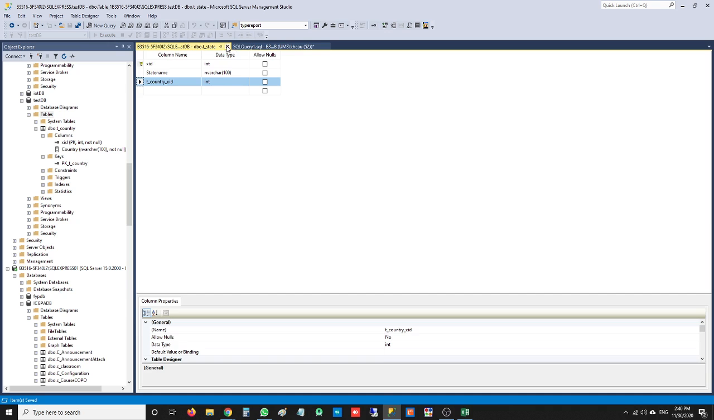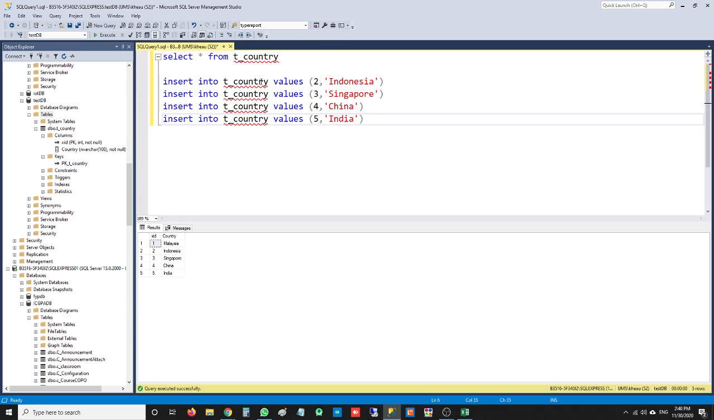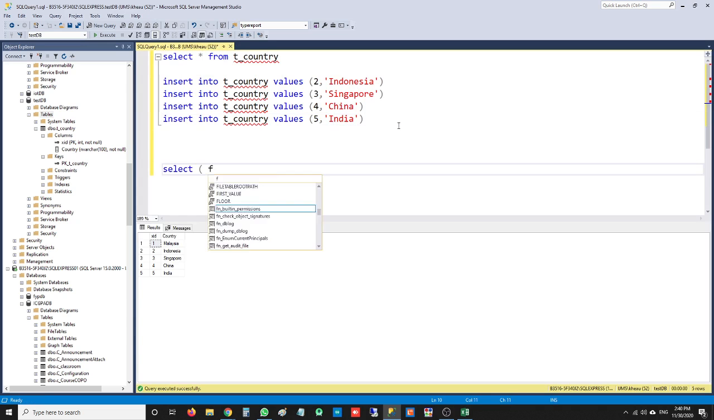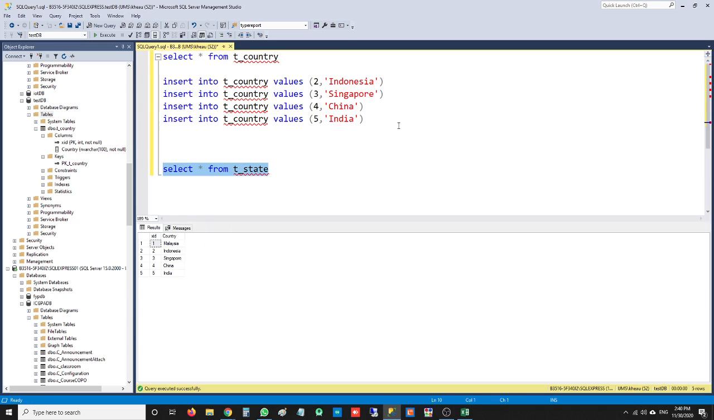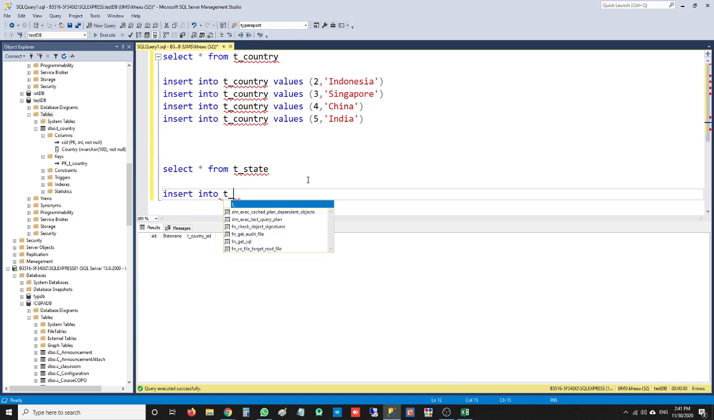Okay, so we close it. Now we can see. Let's say we select from T stat. We highlight it and execute. You see nothing here. So we try to insert new data into the stat,